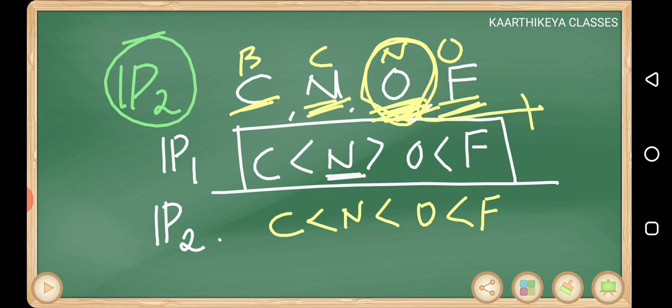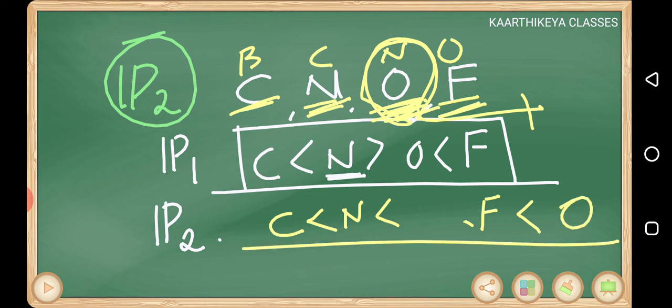So this should be more than the next element. The order becomes OFNC, you can say, beta. Oxygen highest, next fluorine, next nitrogen, next carbon: OFNC. The reason is after losing one electron, oxygen gets nitrogen type of configuration, which is more stable. So this is one question that you can expect.